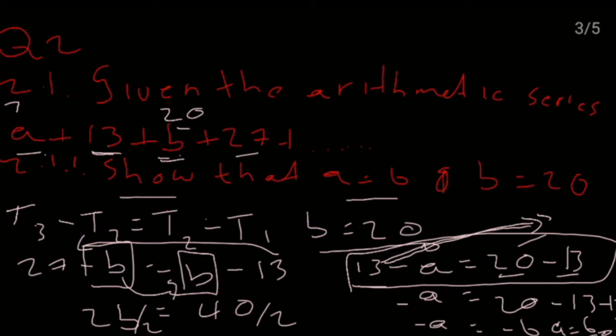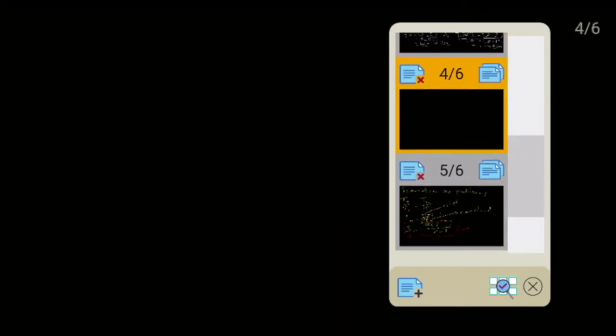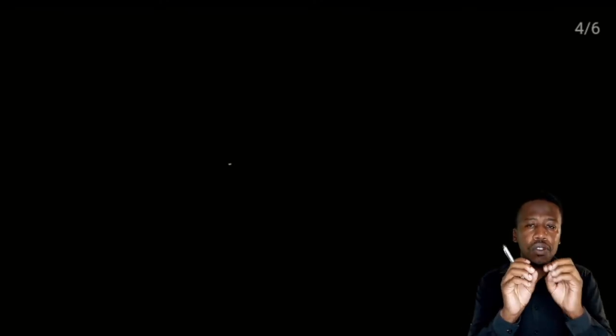Now we've determined the value for A and B. Our A is 6. Now from here, so that your job can be easy, guys, from those unknown variables, you can immediately try to determine your first difference, right? Because we are dealing with arithmetic sequence. Try to determine your first difference, because you don't know what the second question is. But then, for the sake of determining all the values,